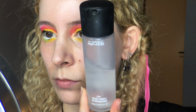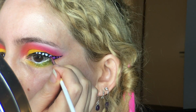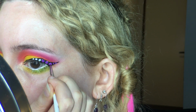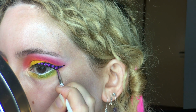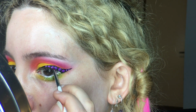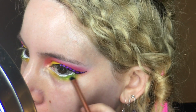I grabbed the Kryolan Aquacolor UV Day Glow palette to pick the UV purple shade, which I activated with MAC Fix Plus and dabbed on top of the white dots using a tiny nail art brush. I'm not being very pedantic about this bit, but the overall effect is still cool. This was very hard to achieve with my eyeballs giving me troubles, and I fixed up my lower lid, which had watered away a bit,